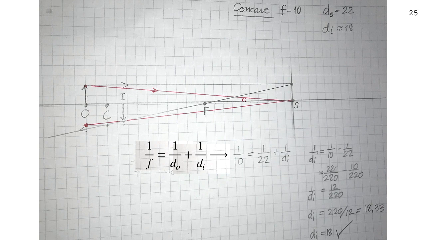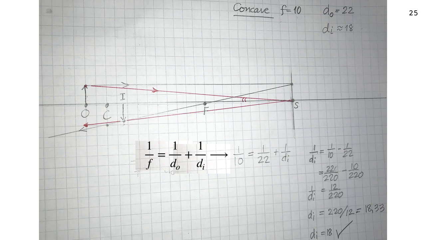Okay. So we have 1/10 plus 1/22, or no, 1/10 equals 1/22 plus 1/DI. So we can figure out what DI is. Let me do it this way, 1 over DI. So we've got to do some fractions here, but it's not too bodacious. 1 over DI is 1/10 minus 1/22. All right, so that's the same as